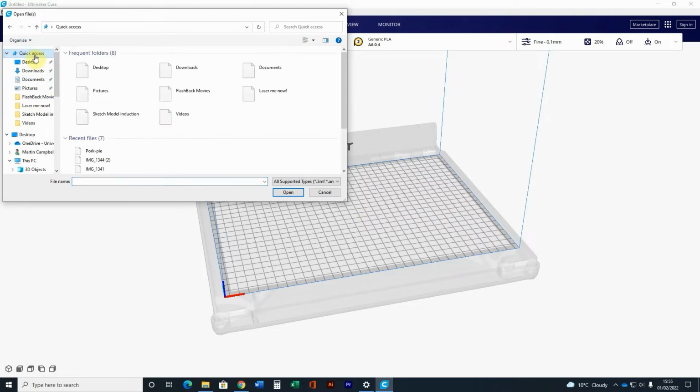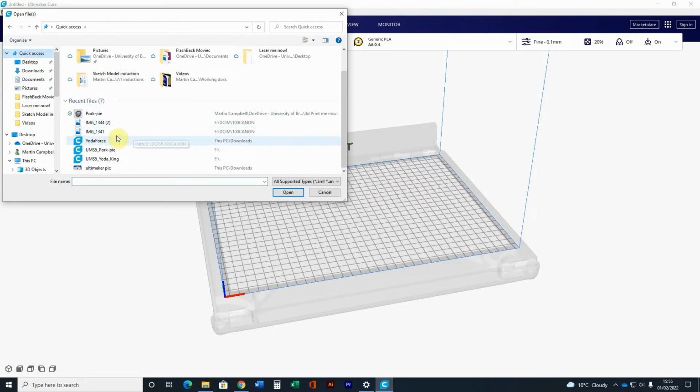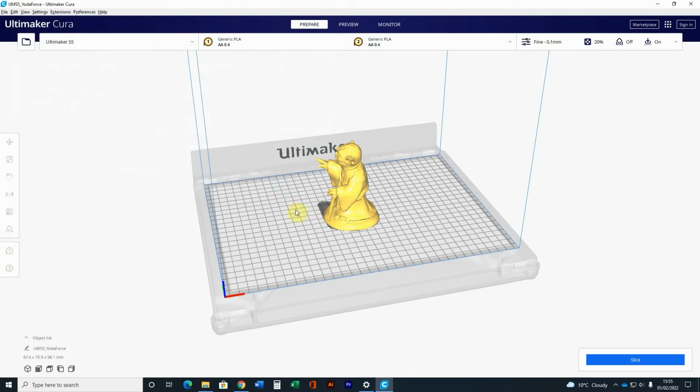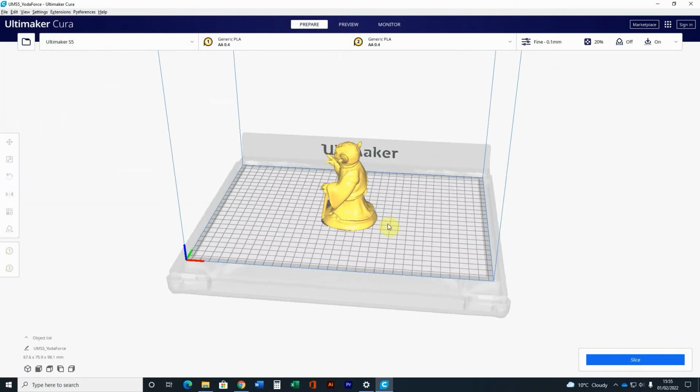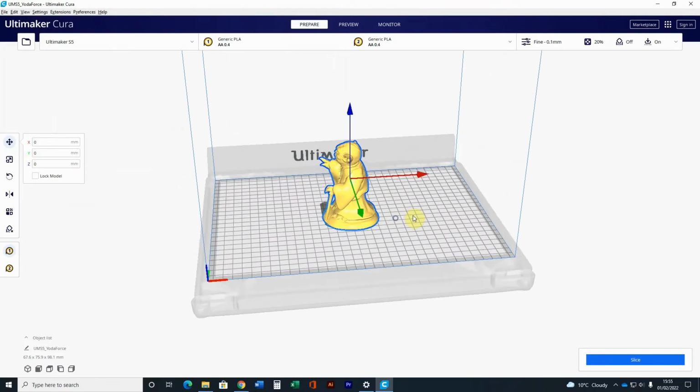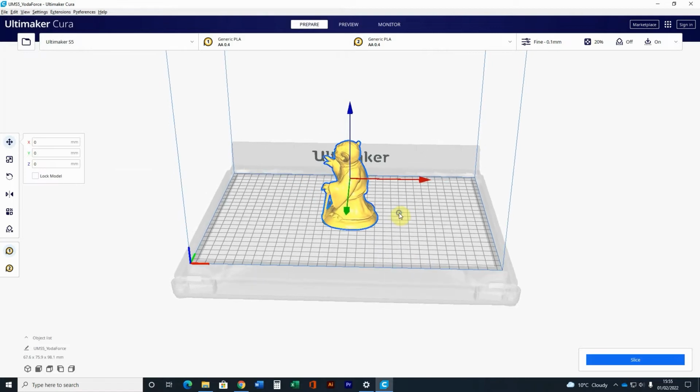So find a file, whichever one you want to download. You might have downloaded something from Thingiverse, you might have got somebody to design a file for you, or you might have drawn something up yourself. So we're going to bring in a little character here. Okay, so this imports your file. There's a little box down the left hand side which gives us some options. We need to click on the item that we've got there. You can see it's kind of facing the wrong way,